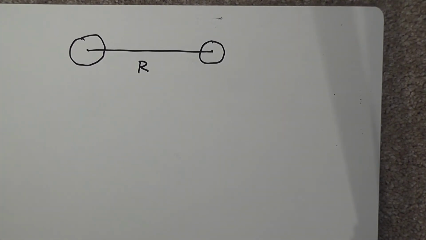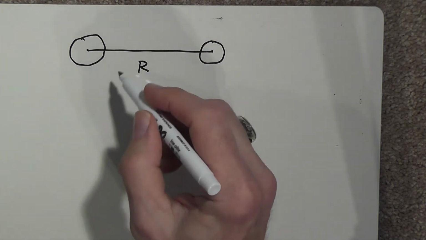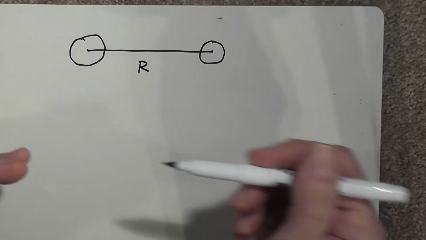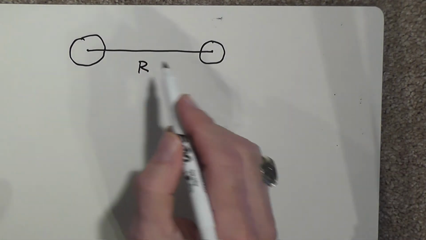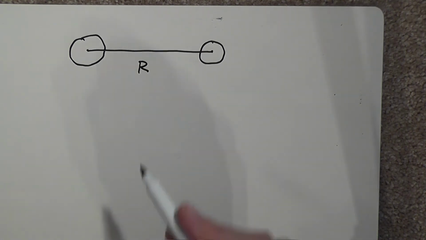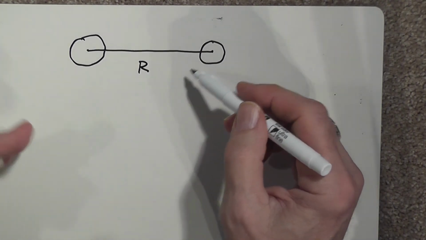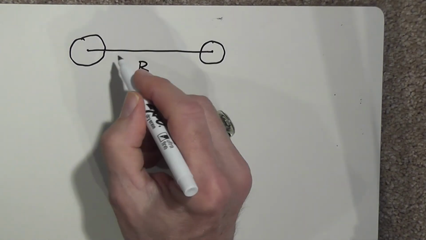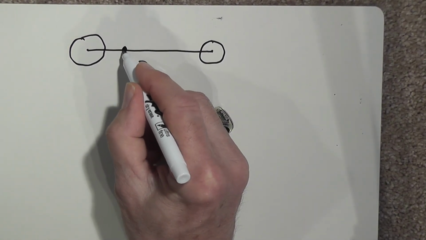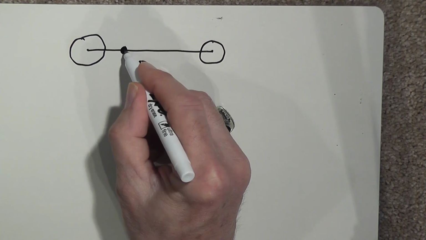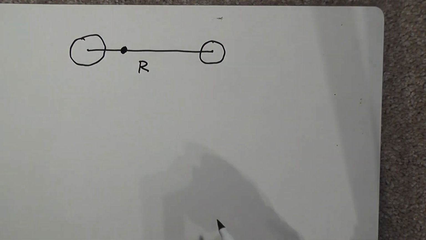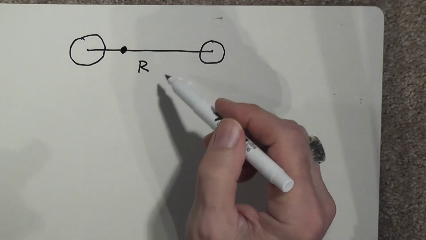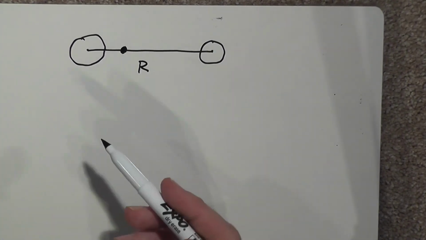Now, this force of attraction is not exactly directed toward each other. What happens is they both travel around a common center point. Okay, for example, it could be here. Okay, and so this is the center of rotation of the two planets,